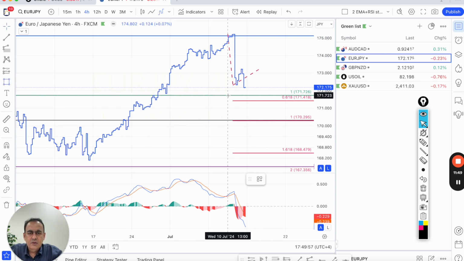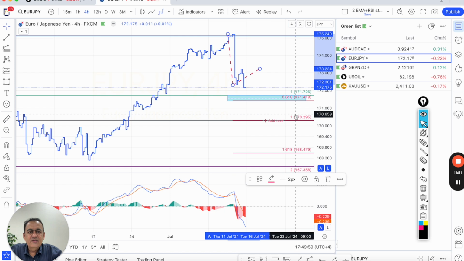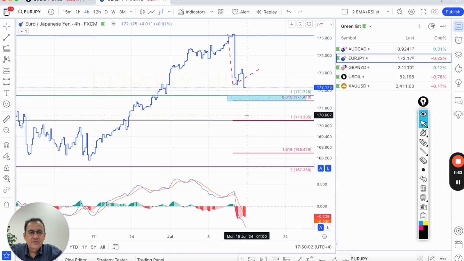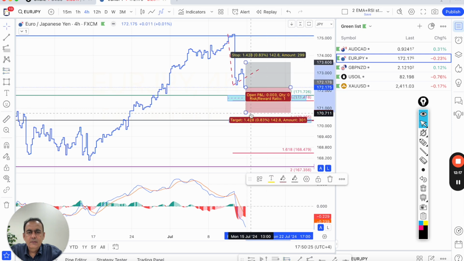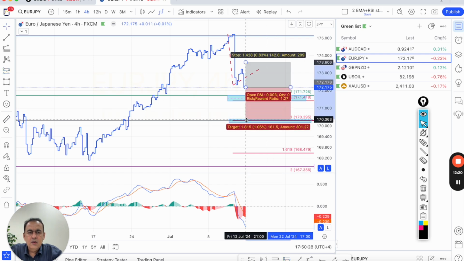First one is around 171.72 to 41. Currently we are at 172.17. So it's not a big move if you're targeting the first level, but if you're targeting the second level, which is again a confluence of two Fib lines coming together at 170.29, then we can capture a short position from the current price, around 180